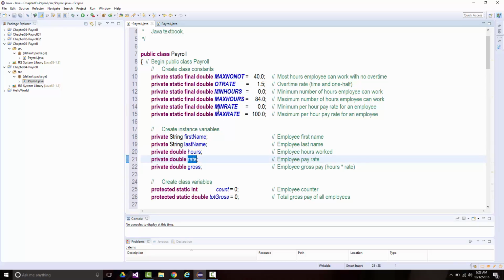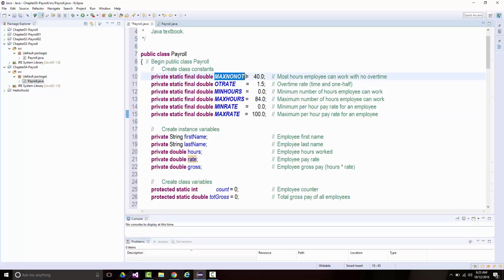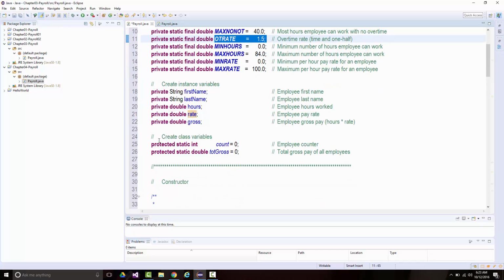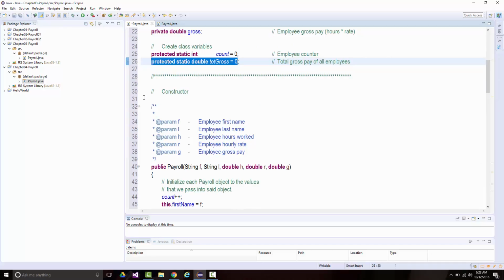The rate must be between 0 and 100. If they work more than 40 hours, they'll have overtime coming at a rate of 1.5. In addition, we're going to keep track of both the number of employees we have and the total gross of all of our employees. So our constructor is what gets called,